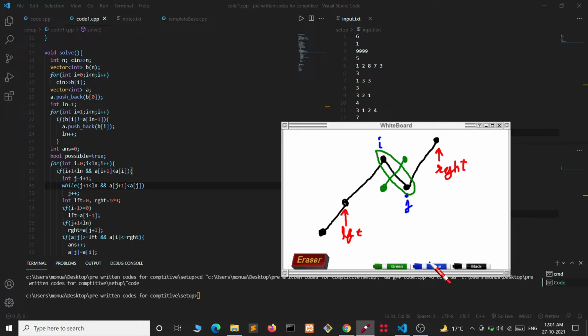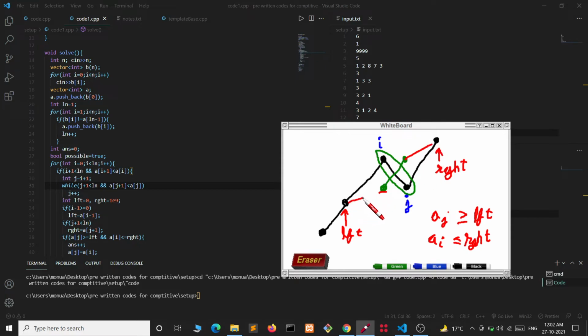Then after reversing, aj should be greater than or equal to left, and ai, after reversing we will get here, should be less than or equal to right.